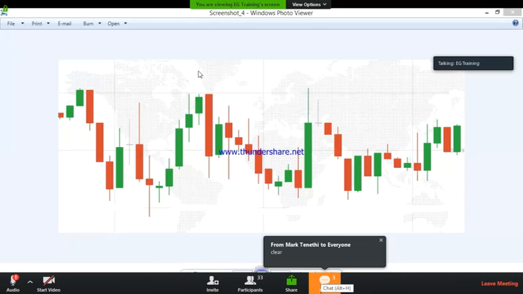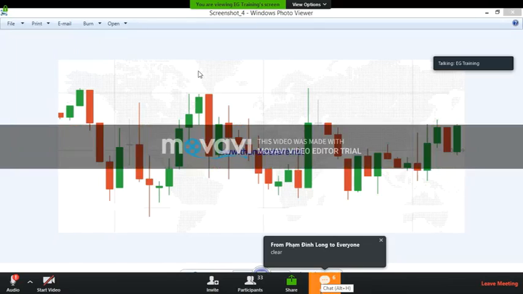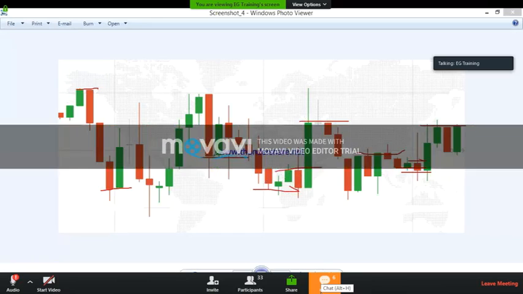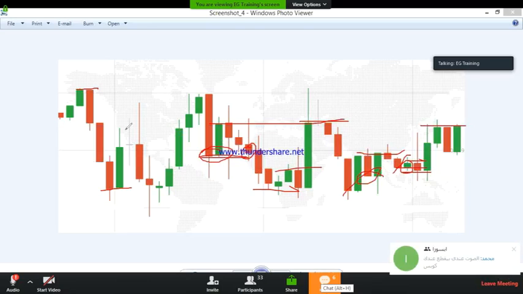So here these all levels are support and resistance levels, but we don't know which level the market will respect. This is also a support level, this is also resistance, resistance, support. Here the market didn't respect this buyer's entry, and here it respected, and here it didn't. So sometimes the market will respect, sometimes it doesn't. We don't know exactly where the market will respect.